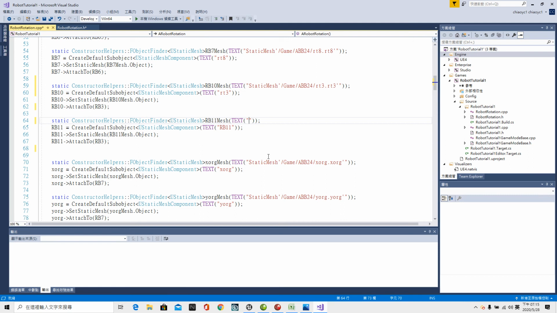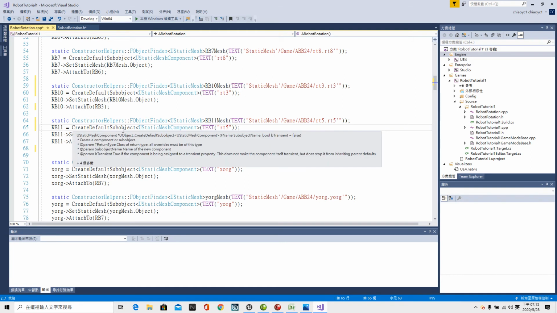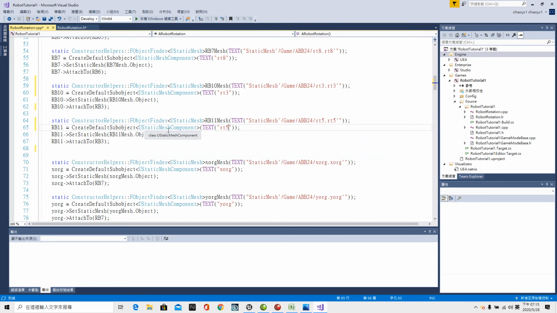And back to the header. And in here, Ctrl-V. StaticMesh, small quotation, /Game/ABB24/RT5.RT5, small quotation. RT5, copy to here. At last, RB11 equal to CreateDefaultSubobject<UStaticMeshComponent>(TEXT("RT5"));